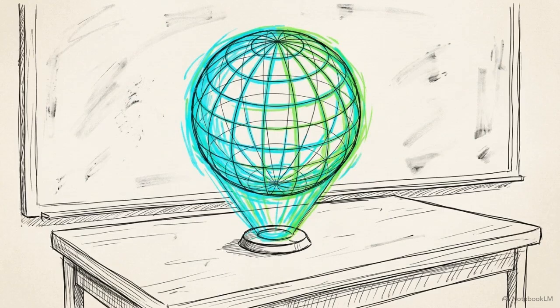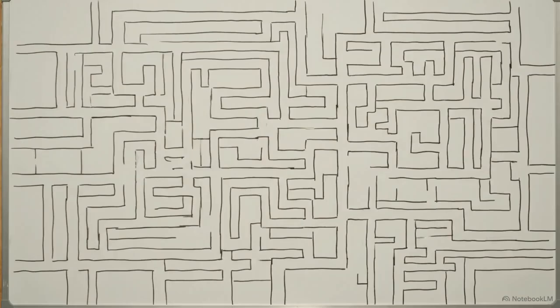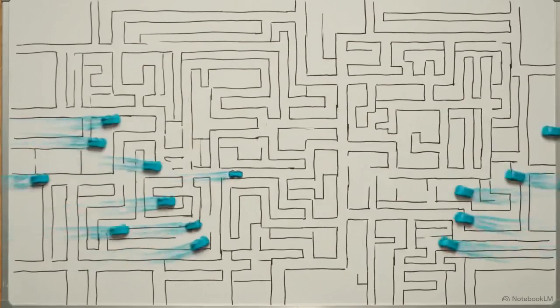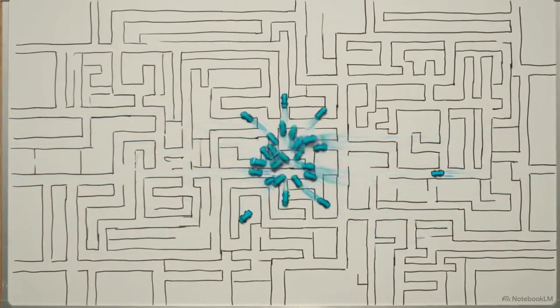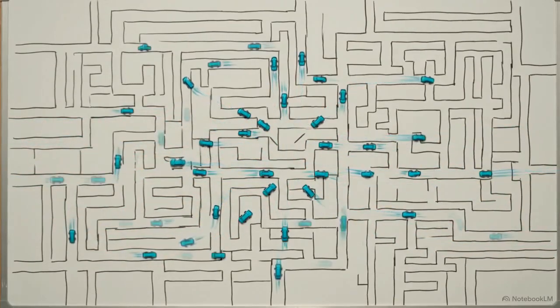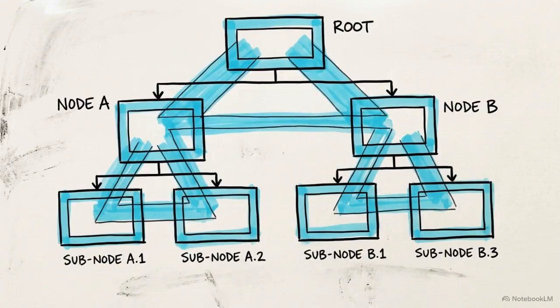Geographic data presents a totally different challenge. When a ride-sharing app tries to find the closest driver, standard one-dimensional indexes fail because they cannot handle multi-dimensional X and Y coordinates simultaneously. To solve this, developers use spatial databases like PostGIS, which rely on a core structural shortcut